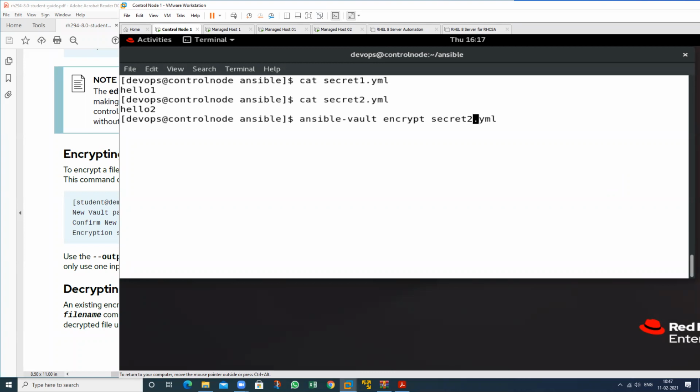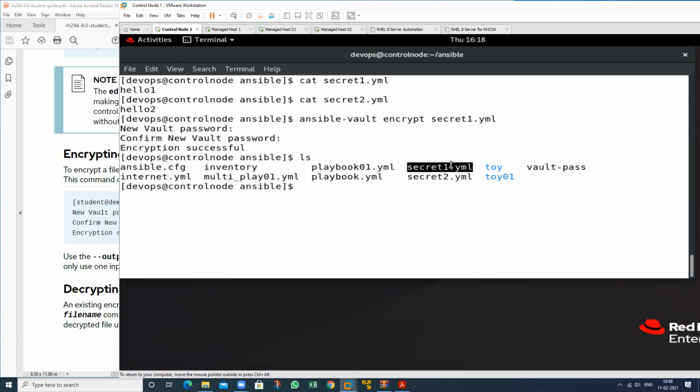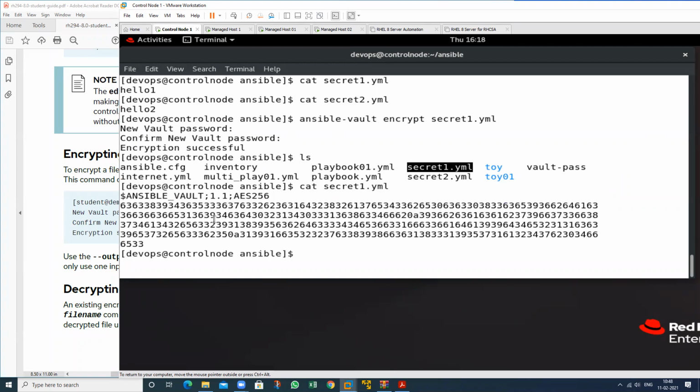First take this particular file 1, apply the password that you want, confirm this one, see ls. We are not able to see it, but this particular file we are able to see because this is not encrypted.